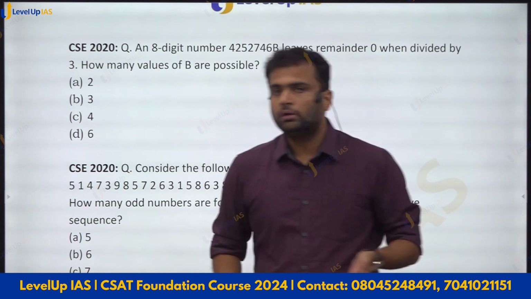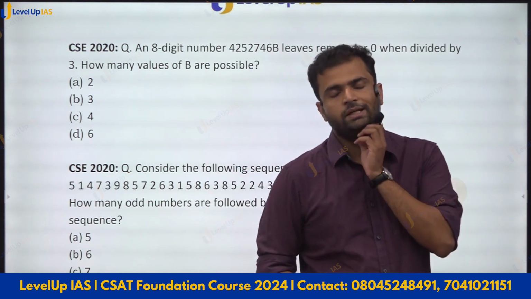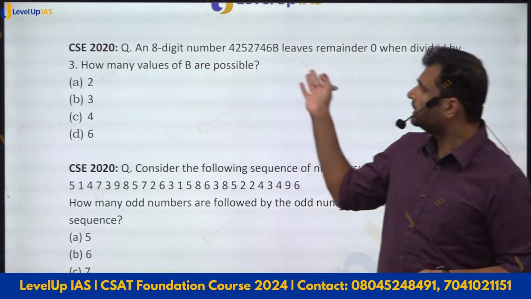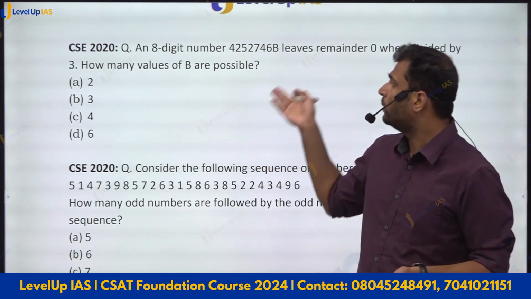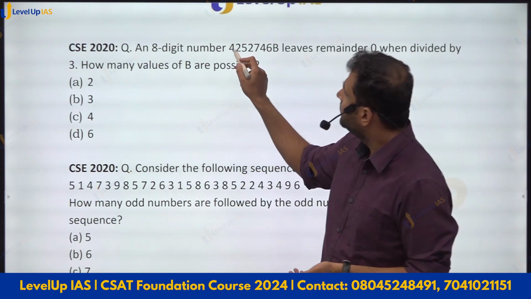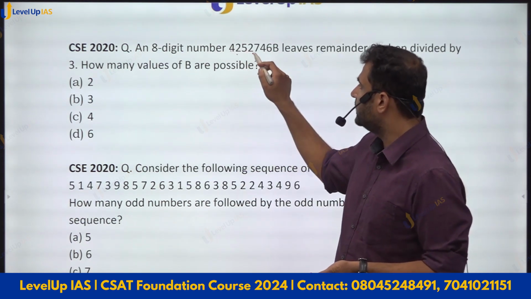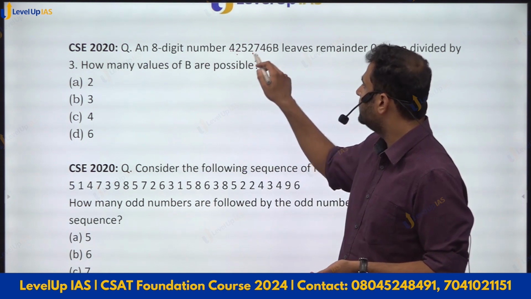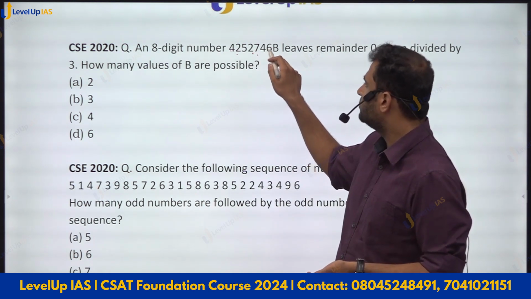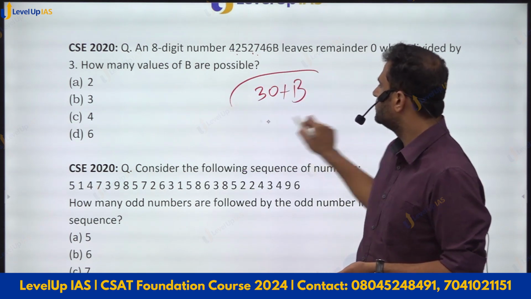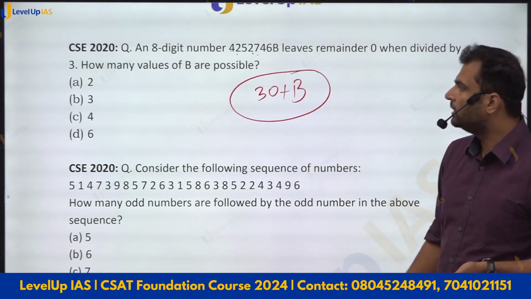Now we know from the divisibility test of 3 that a number is divisible by 3 only when the sum of the digits is divisible by 3. Now what is the sum of the digits? We can just calculate. 4 plus 2 is 6, 6 plus 5 is 11, plus 2 is 13, plus 7 is 20, plus 4 is 24, plus 6 is 30. So this is the sum of the digits. We want this to be divisible by 3. So B